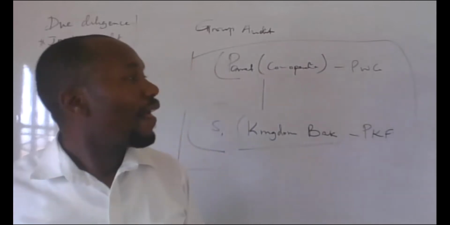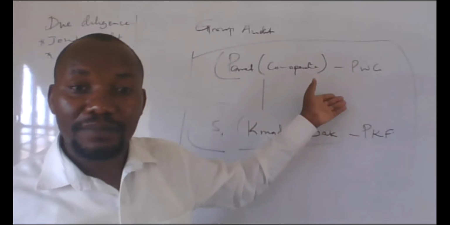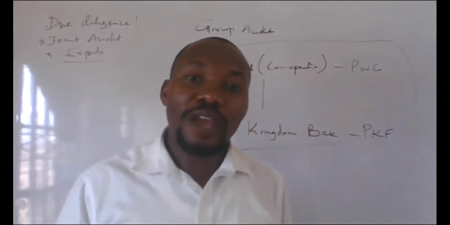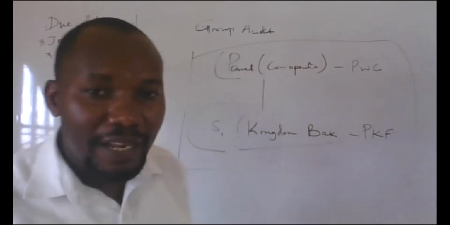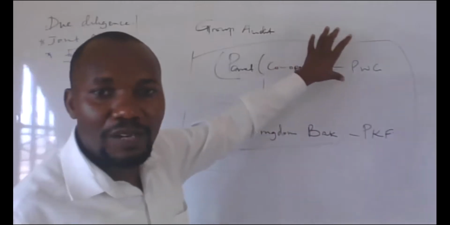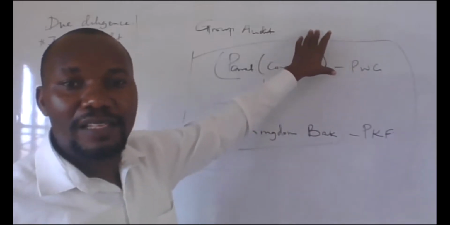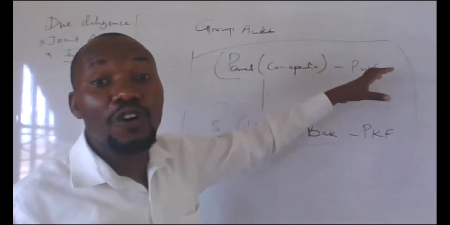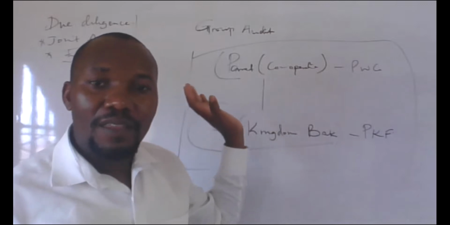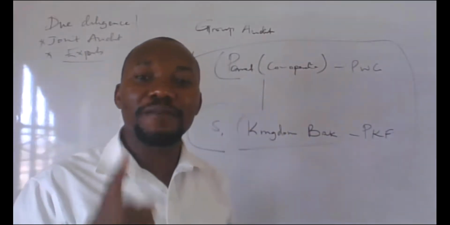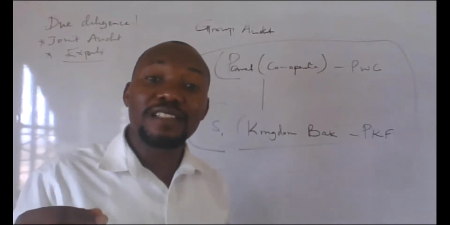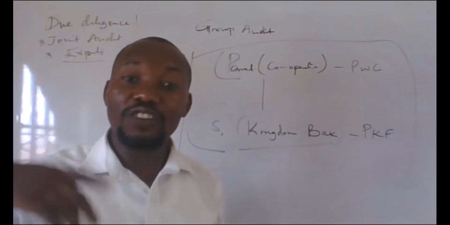But again, other advantages are like they're able to share knowledge. Even if it was a group audit where one was not existing before. Let's say that this company is so big, they have decided that this particular firm, like Coca-Cola, let's now bring 2 audit firms or 3 auditing Coca-Cola at the same time. They'll be able to share knowledge. There's something that PKF does that PwC doesn't know. There's something that PwC does that KPMG doesn't know or they don't do.